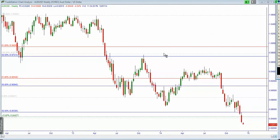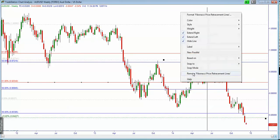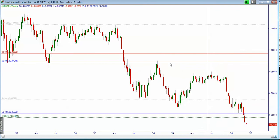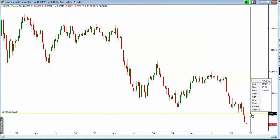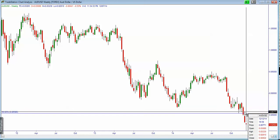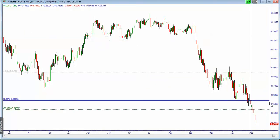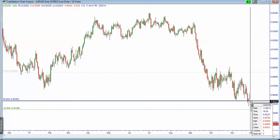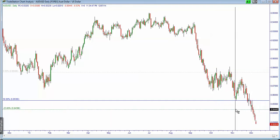Australian dollar versus US dollar, there was an initial participation at this 50% retrace here. As you can see, it gave a free risk trade, and then it came back into this level, and there was another reaction here from below the level, but eventually the price continued lower, and it was able to hit